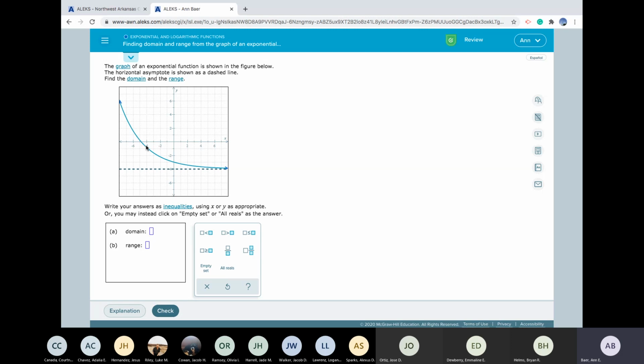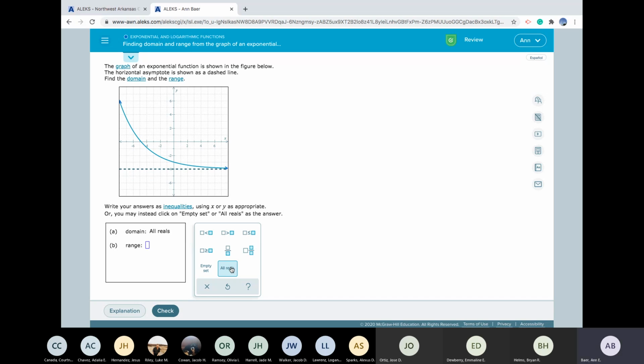So I'm collecting all these points, and then I go up here, collect all the x's of all these points on our graph, and I keep going and going. This arrow goes on forever, so I'm going to trace all of these up here to the x-axis forever and ever. So our domain is all real numbers. So I'm going to click in here, and Alex has an all reals option down here. I'm going to click on all reals, and that will automatically put the terms all and reals in for the domain.